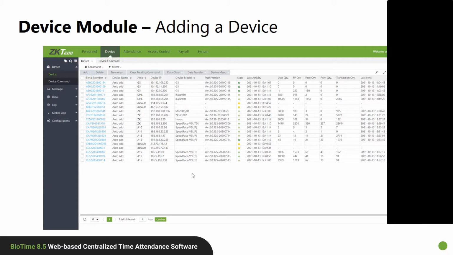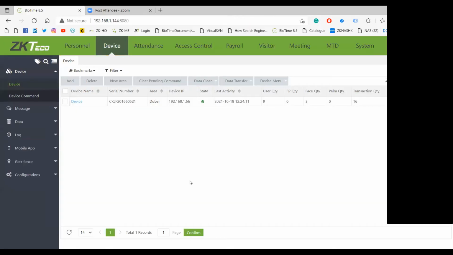So, let's say adding a device. How will you add a device in the system? Now I have connected one device here, which shows online. What I do is add all the network settings in the device. Once the communication settings are properly done on the device, that means the cloud server setting for connecting to BioTime 8.5. Here, this is my cloud server, that means this is my local IP and the port number. I inputted this IP and port number in the cloud server setting. The server address, server IP will be this, and the server port is this.